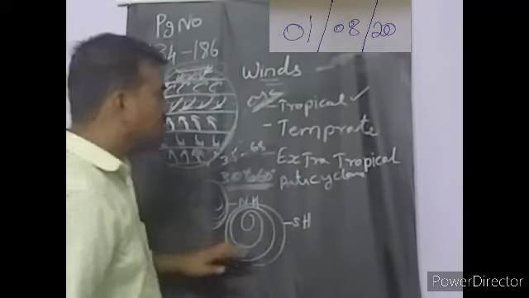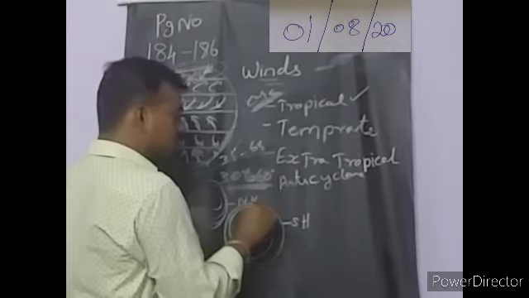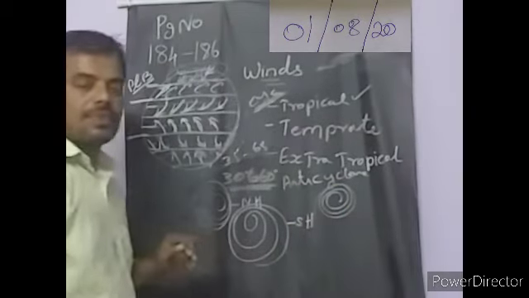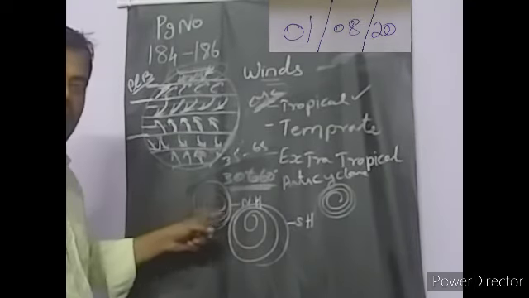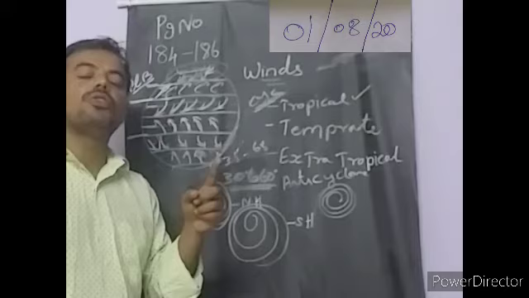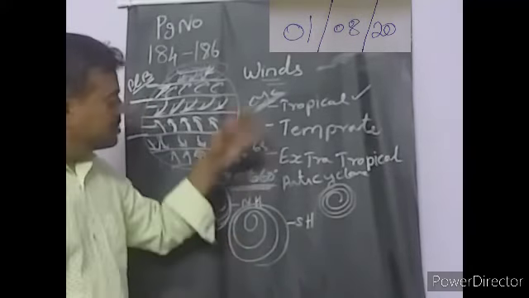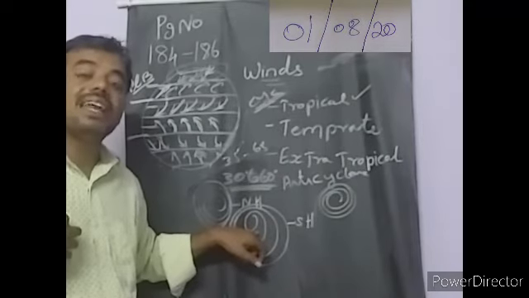Next one. So anticyclone. Normally, an anticyclone, in the northern hemisphere and southern hemisphere, will rotate in the opposite direction. What is that? In the northern hemisphere, a normal cyclone will be rotating in an anti-clockwise direction. So in the northern hemisphere, the anticyclone will be rotating in a clockwise direction. Okay. Same here, in the southern hemisphere, what we told, the cyclone rotates clockwise, but here it will be rotating